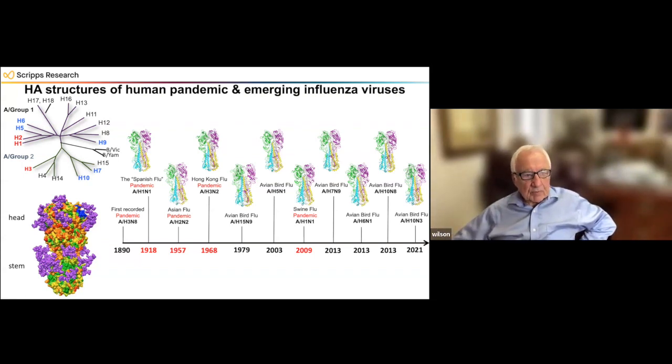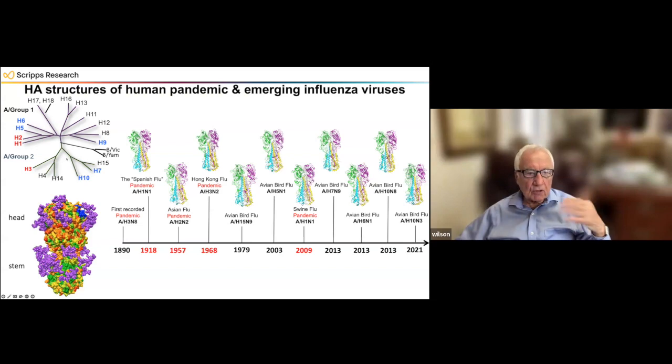And so these can be divided up into different groups. For influenza A viruses, which are the ones that cause us the most severe disease and deaths, there are 18 different subtypes, 16 of them appearing in wild birds and 2 in bats. And they can be divided into two groups, with the majority of them being in group 1 and still quite a number in group 2. So what we'd like to do is to get antibodies or a vaccine that would be able to effectively combat as many of these different subtypes of influenza A virus as possible.